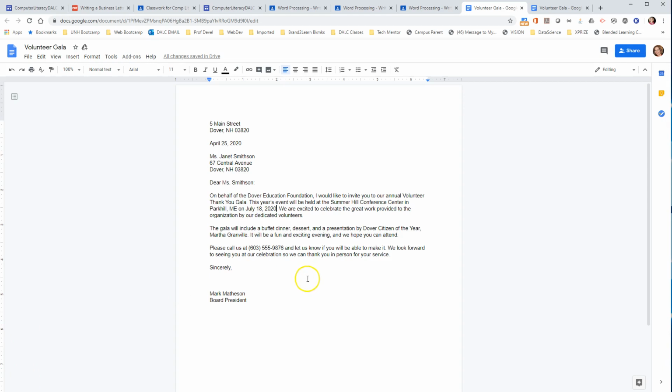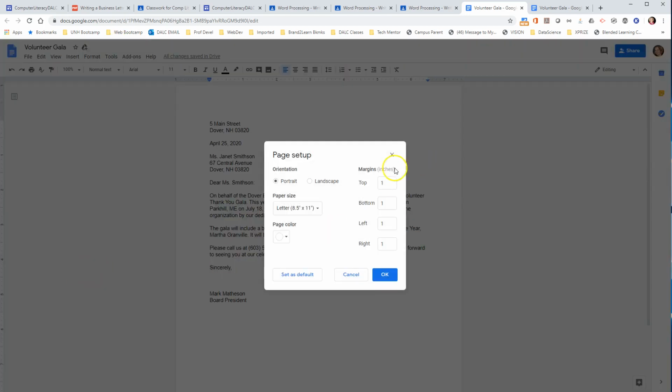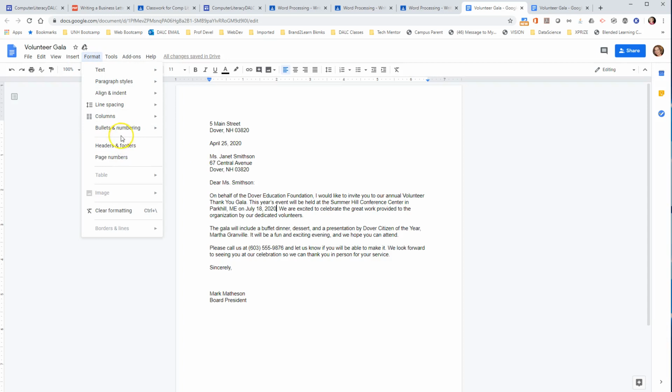And so to review, we typed a business letter into the Google Docs word processor. We set our page setup to 1 inch margins, and we formatted our line spacing so that it was single spaced. We typed our return address and enter twice to skip a space, the date, enter twice to skip a space, the name and address of who you're sending it to, enter twice to skip a space, then your greeting, enter twice to skip a space, and then your paragraphs, letting word wrap the ends of your lines around automatically,